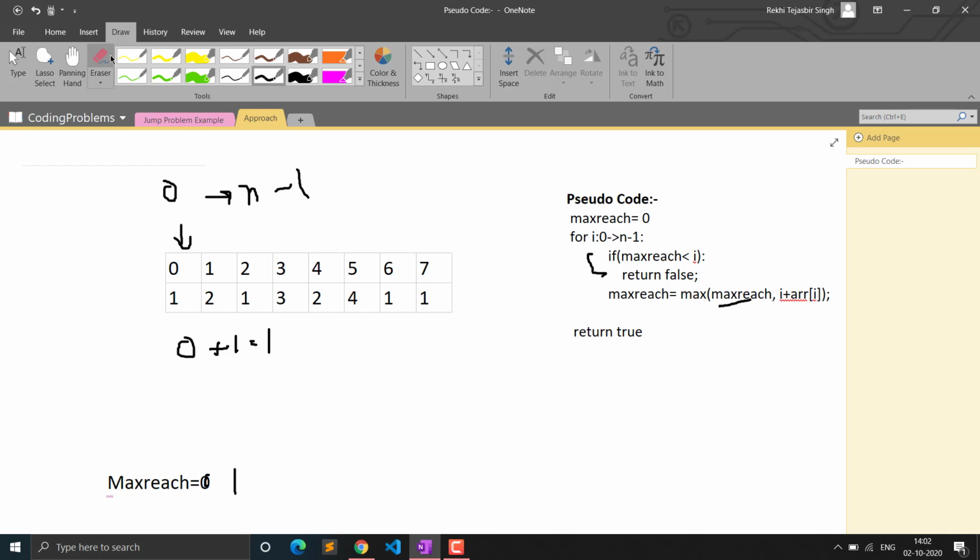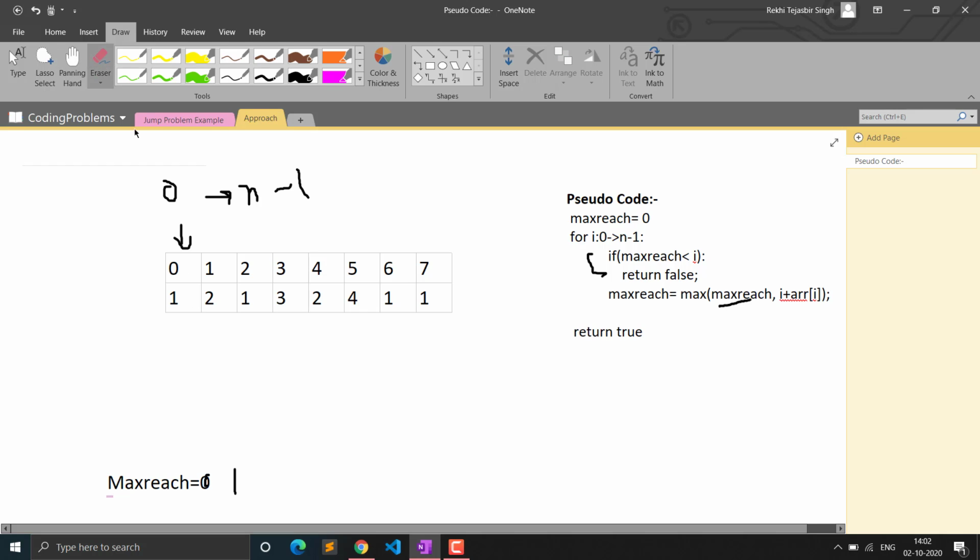If you see carefully, we are just counting the maximum indices we can jump to or reach from that particular point. That value can be counted if you are at this point, that is at 2. The maximum you can reach from this point will be 2, because you have reached here, we are including this. So 2 plus the value at that index, which will be 1. So we can reach the third index at max from this point. You will only be able to reach it if we go to 2, where we have one value. That means we can only go to the third index. That was also one observation.